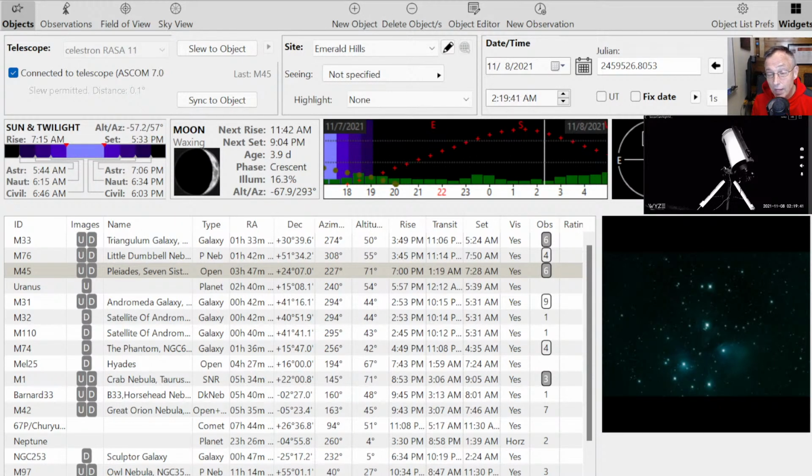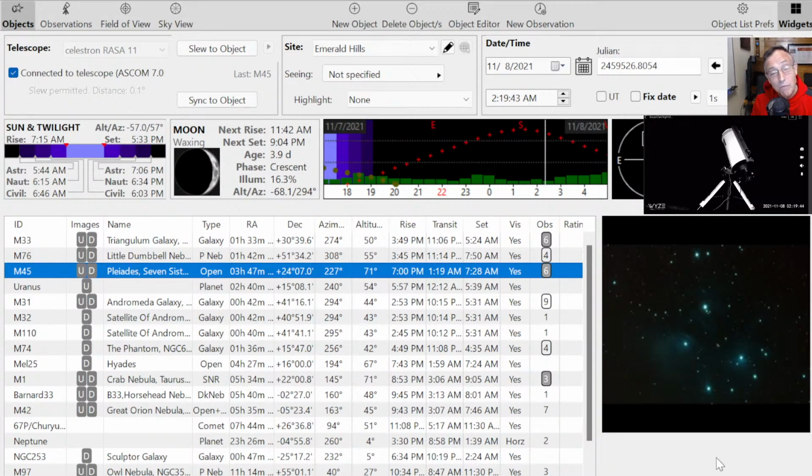And then when we save that, you'll see that pop into that frame. So there's the new frame we took tonight, and we'll save it. And that's an entire cycle of one object, at least the way we do electronically assisted astronomy here at